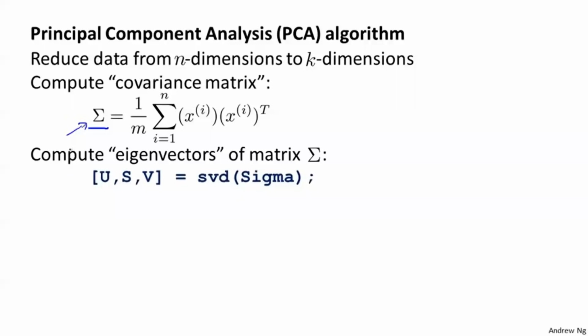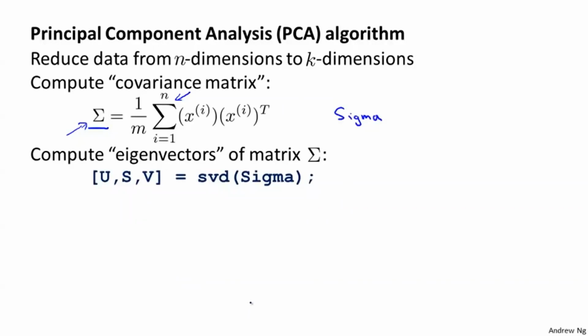It's used to denote a matrix, and this here is a summation symbol. So hopefully in these slides there won't be ambiguity about which is sigma, the matrix, the covariance matrix, and which is a summation symbol. Hopefully it'll be clear from context when I'm using each one. Having computed this matrix sigma, let's say we were to store it in an Octave variable called sigma,